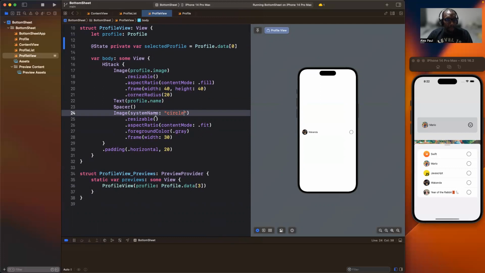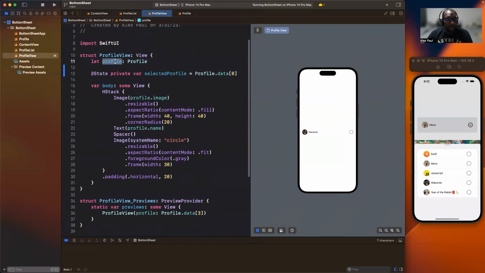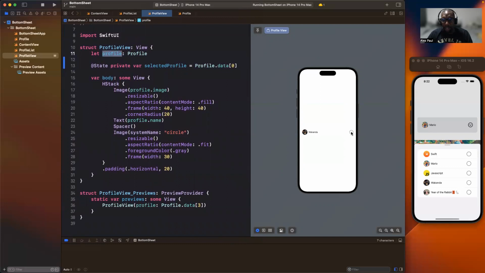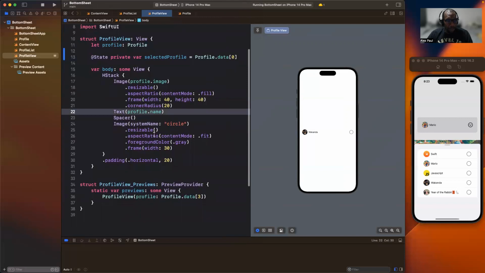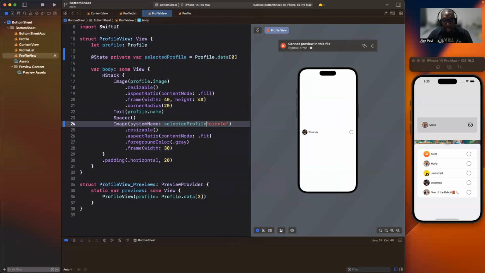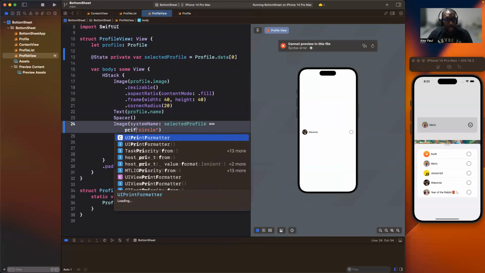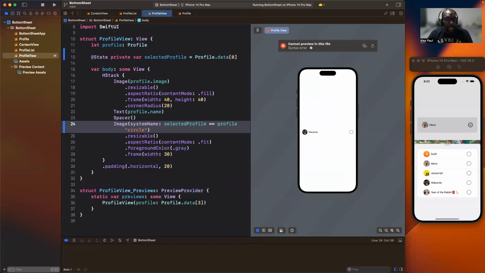And I will go ahead and say if my selected profile is equal to my profile, I want to change the state of this button. So what we'll do right on our circle, I'll say selected profile. If it's equal to our profile coming in to this view, then we want to show